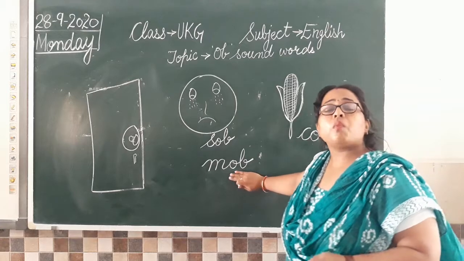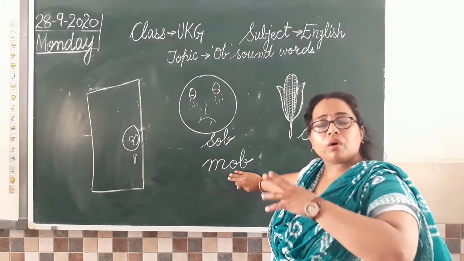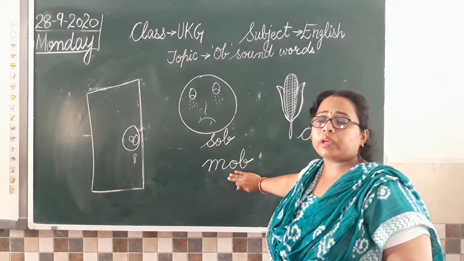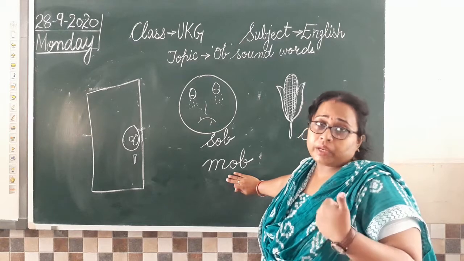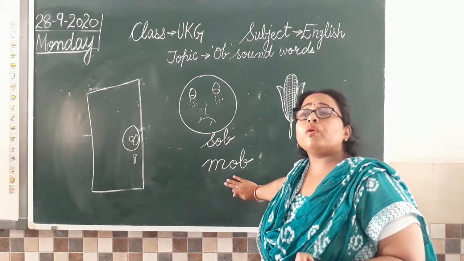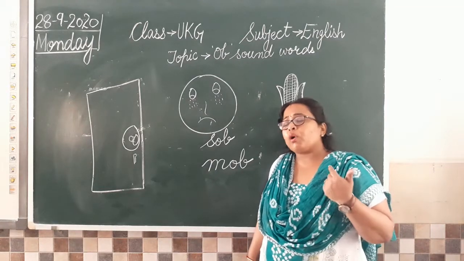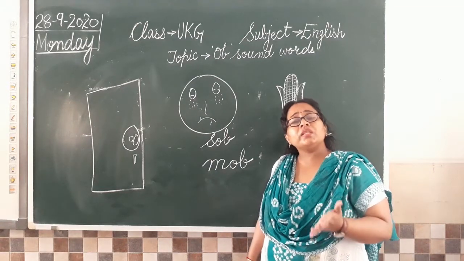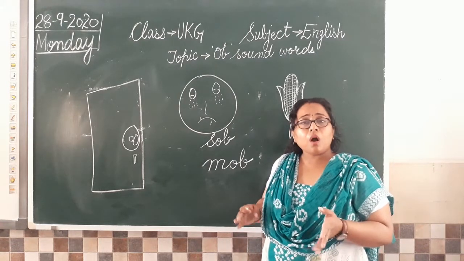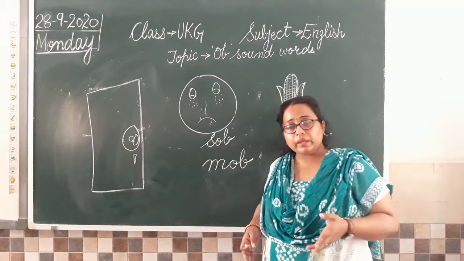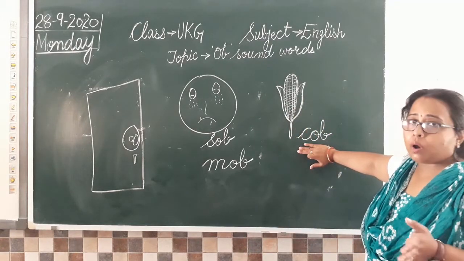mob. So what is mob? Mob is भीड़ होना, crowded होना, जहाँ बहुत सारे लोग होते हैं, बहुत crowded होता है. And very often we see it either in the fair, जब कहीं मेला लगा होता है, or if you are going for shopping, like malls. So you will find a lot of people there. तो जो भी जगह जहाँ भीड़ होती है, उस भीड़ को हम कहते हैं mob. Mob. Clear?